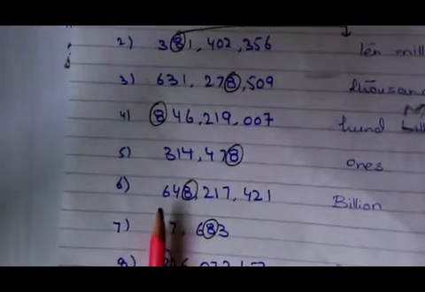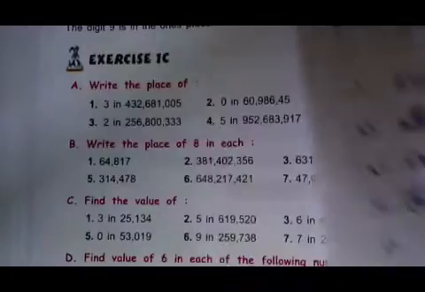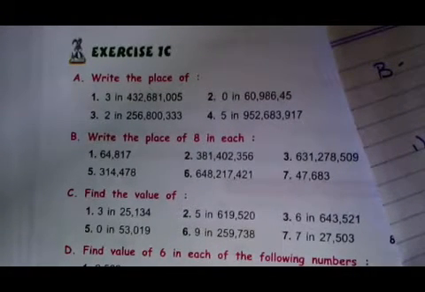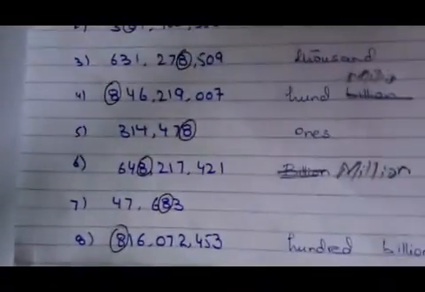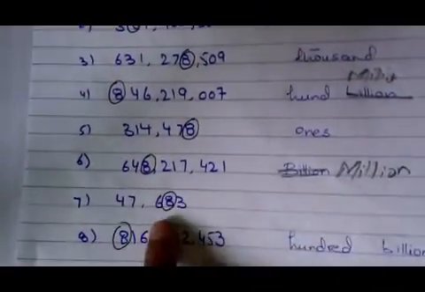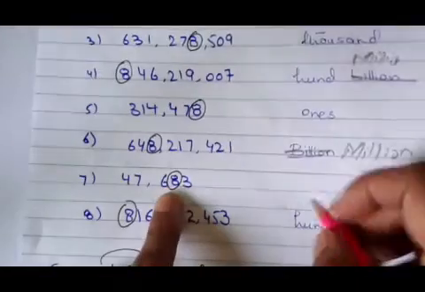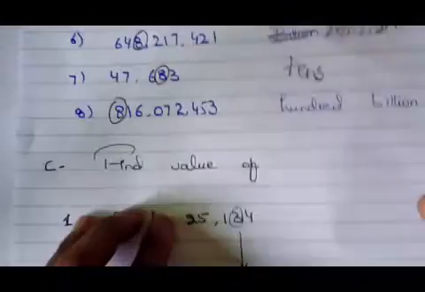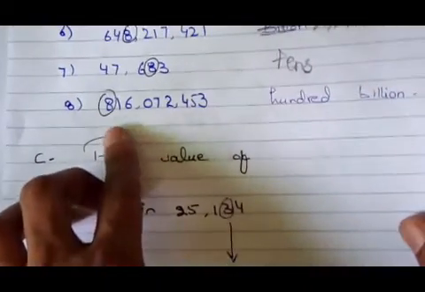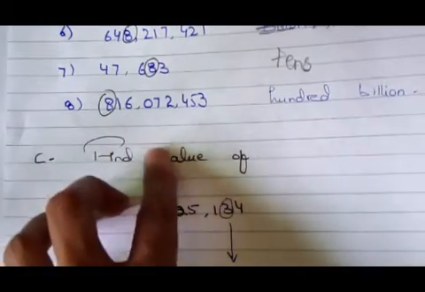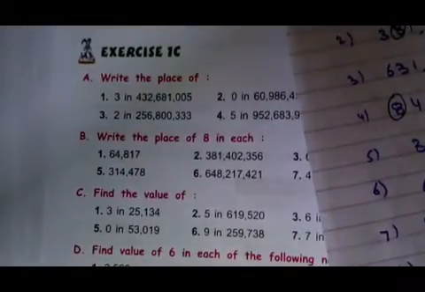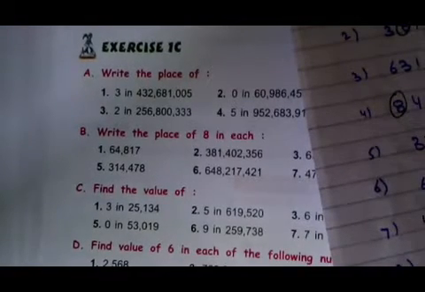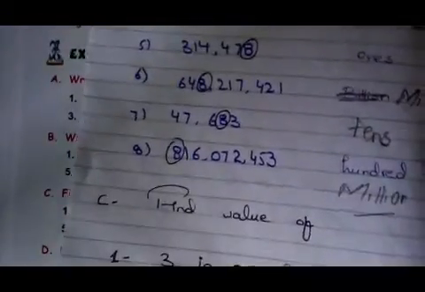Look at here. This is on million place. Which place? Million. M-I-L-L-I-O-N. This is on million place. Look at here, 8. This is on which place? Good. Tens place. Look at here, 816 million. So the position of 8 is 100 million. So right here, 100 million. The position of 8 is 100 million.